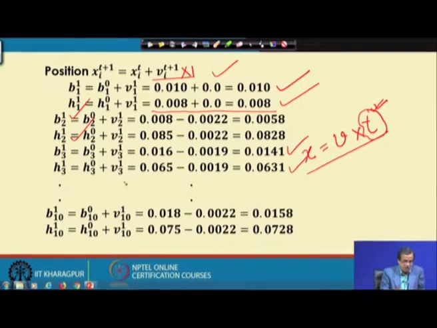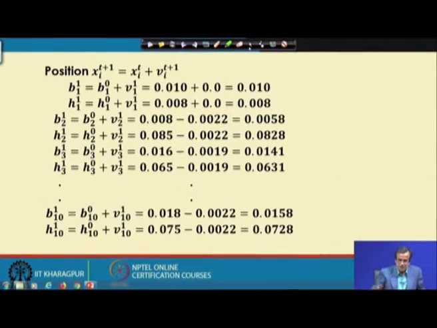This process I can continue, and for the last particle, that is the 10th particle, I can find out the values of the variables, like B10(1) is nothing but this, then comes H10(1) is nothing but this. So, now I am in a position to find out the updated positions of these 10 particles, and using this information, this completes one iteration of the PSO.